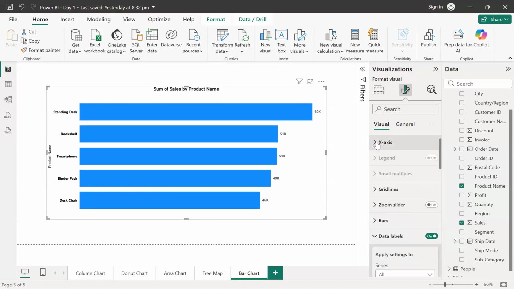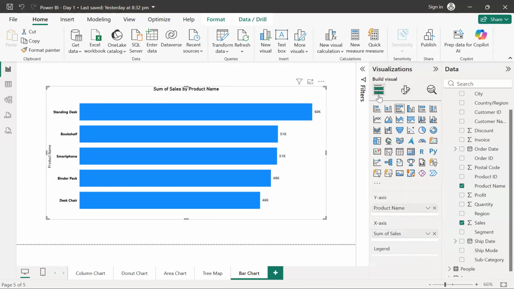Now, guys, the next thing is that we try to make our column chart a bit more informative by adding the month over there. Now, because you have already created four charts till now, you need to think about what extra information you can extract from this chart only. Right now it's a clustered bar chart, but if I simply make it a stacked bar chart, I can get more information from this chart only.